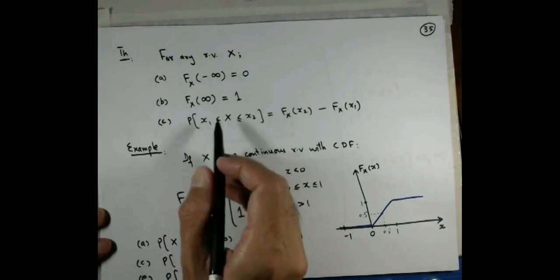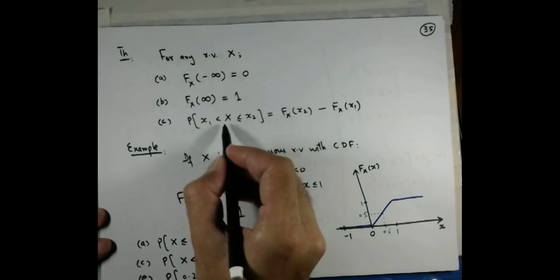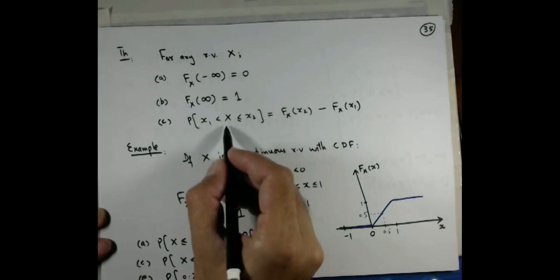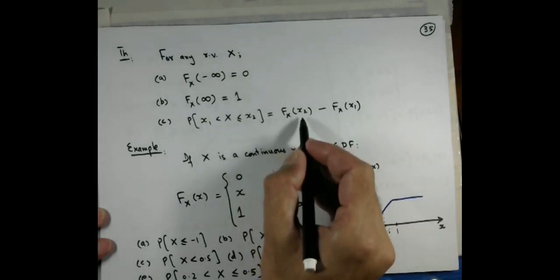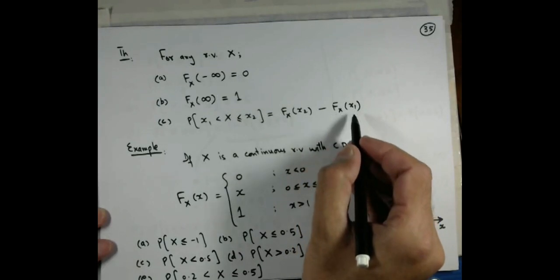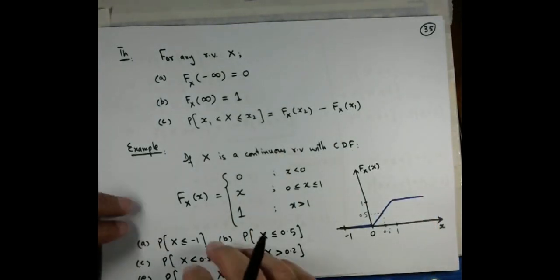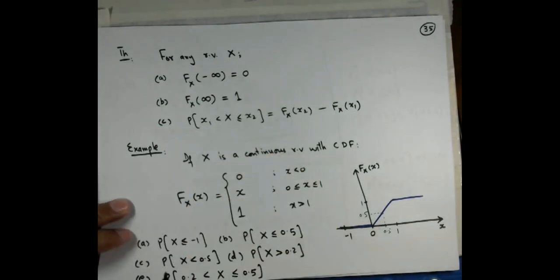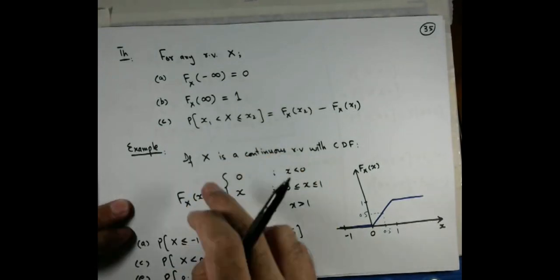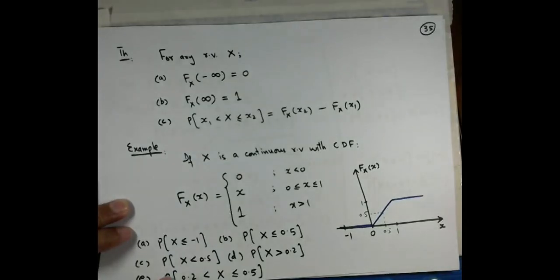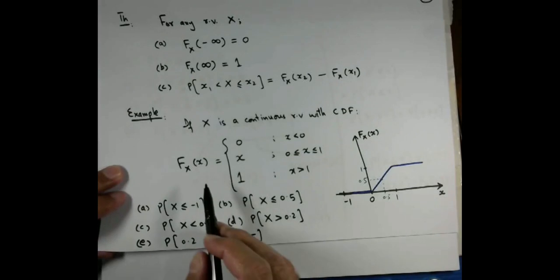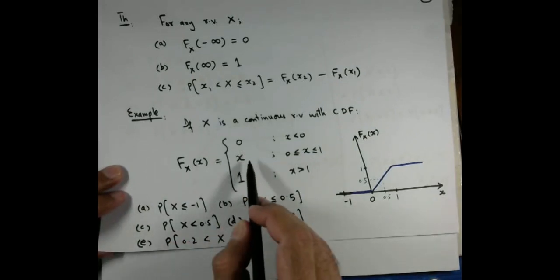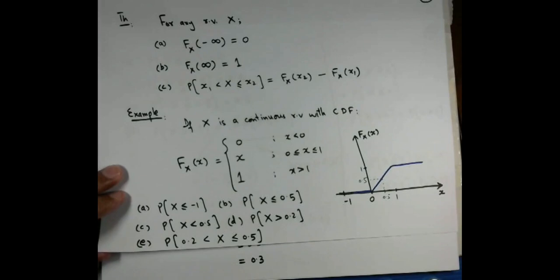The probability of an interval of a continuous random variable can be found as such. Write the CDF at the higher point minus the CDF at the lower point, and then do the subtraction, and you will find the probability of this interval. We augmented the understanding of this theorem through an example. We took a very simple example of the CDF in this fashion, and this is plotted as such, and we need to find these 5